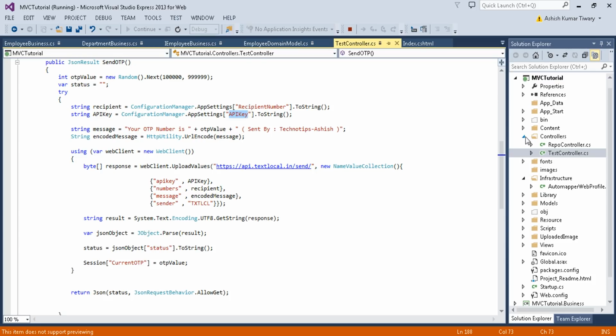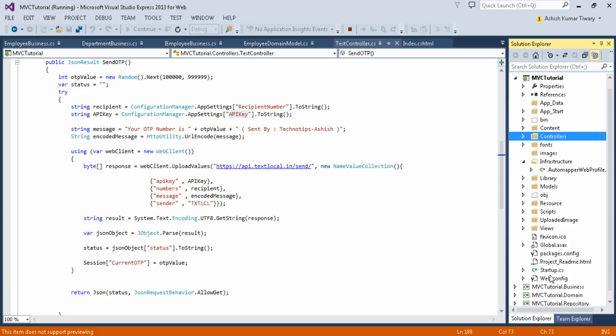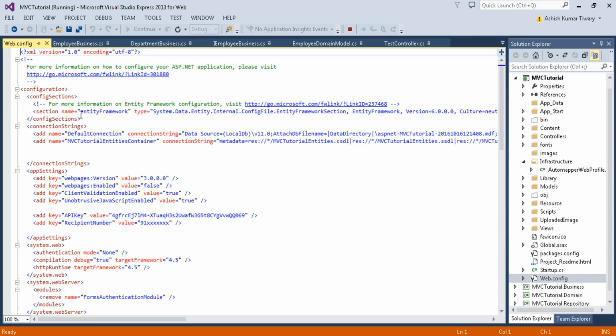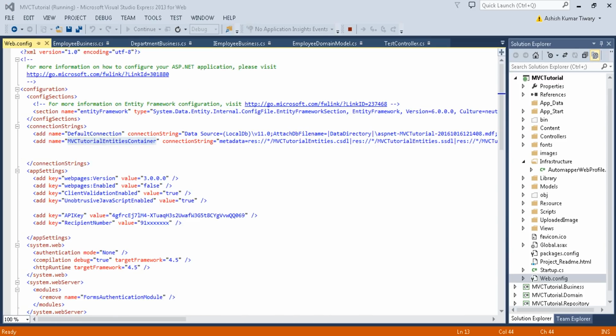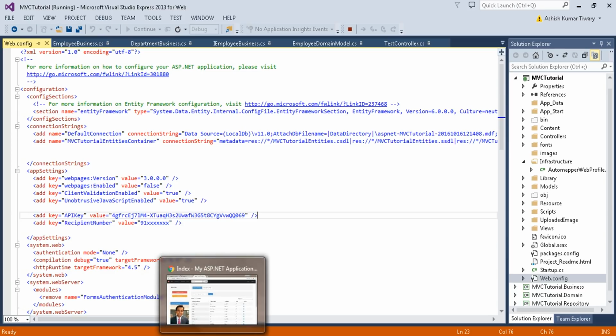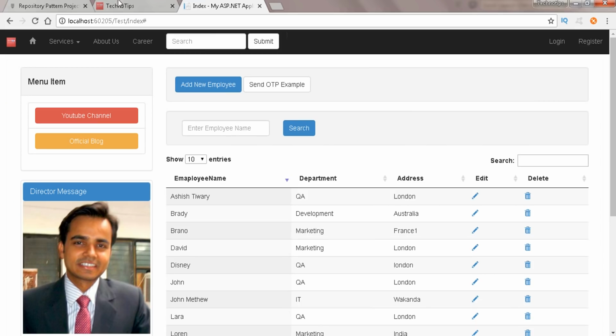Okay, go to web.config, and here you can see the API key. It's my API key, you can use that for instance, but I think only 10 text messages will be available. And this is the recipient number, you can just enter your number and just try that. Okay, and this is your connection string. So first of all, let me show you the steps to download and then how to configure that. So visit